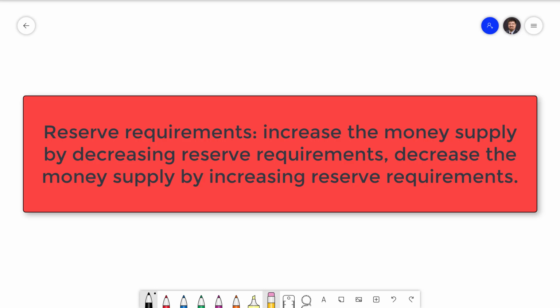Finally, the Fed can also make adjustments to reserve requirements. Reserve requirements set a minimum amount of reserves that banks have to hold. Increasing reserve requirements forces banks to lower their reserve ratios, thus decreasing the money supply, as it will decrease the money multiplier. Conversely, decreasing reserve requirements can allow banks to increase their reserve ratios, thus increasing the money multiplier and